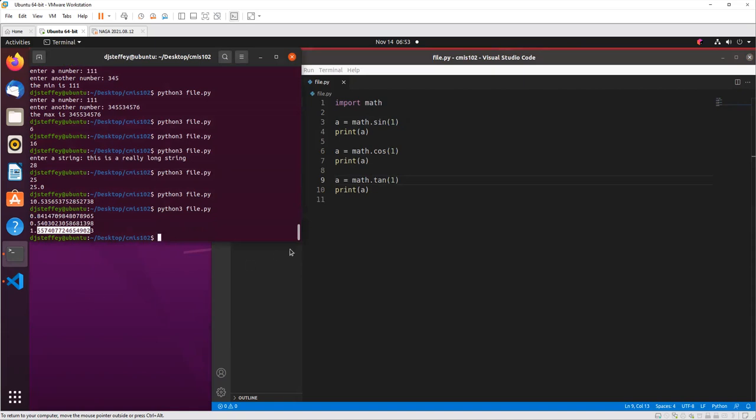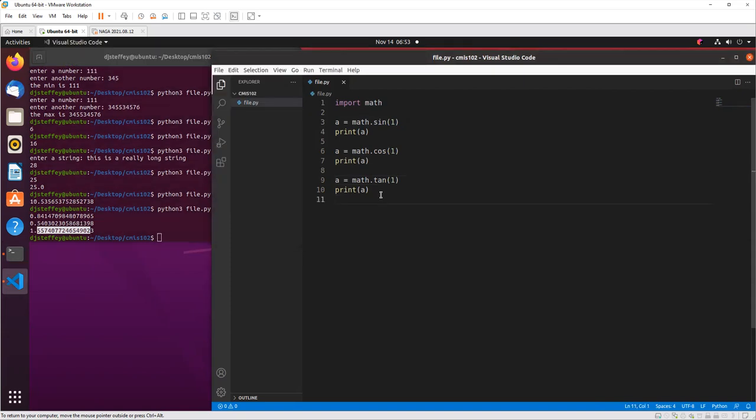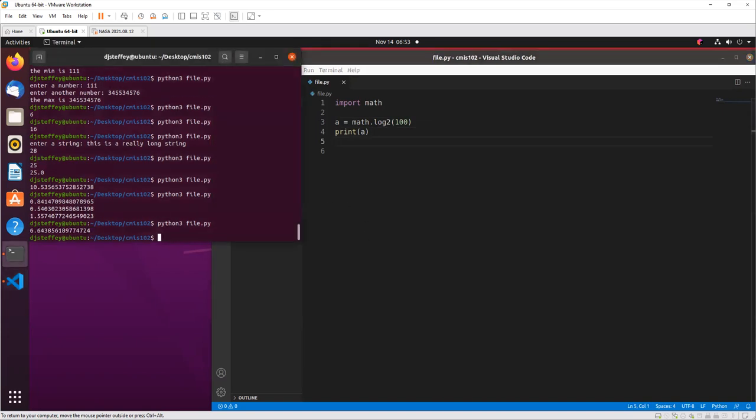Some trigonometry methods or functions. We have log. You probably won't use a lot of these very much. That's the log base 2 of 100. And yeah, that's the main ones that come out of the math library: